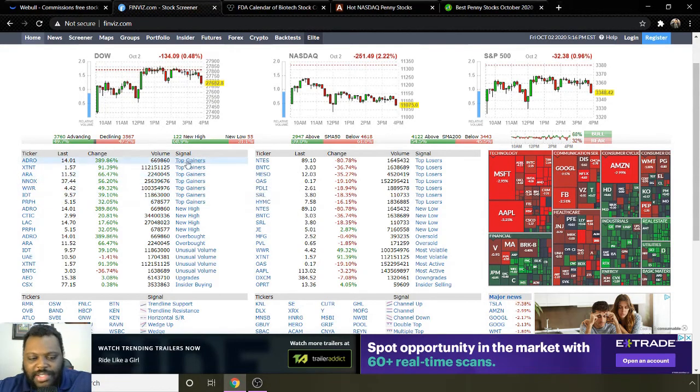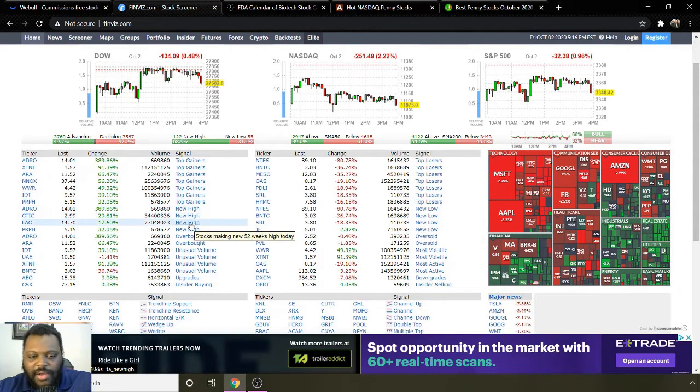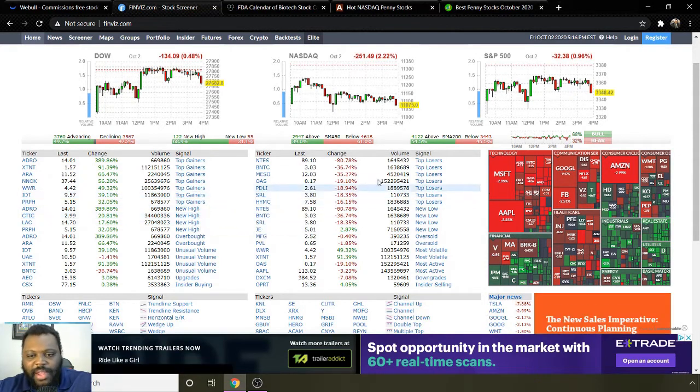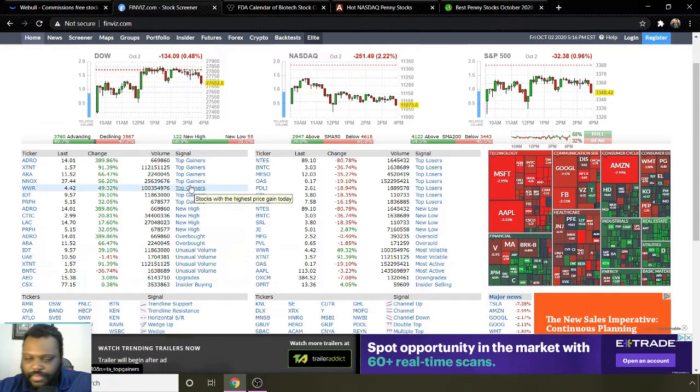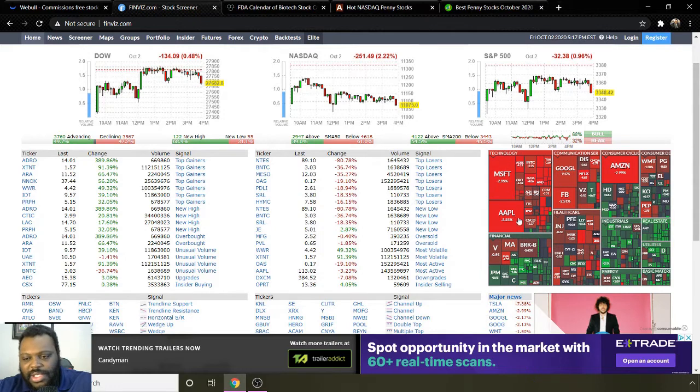If you click on top gainers, it'll show you the top gainers. Click on new highs, it'll show you the new highs. Then on here we have top losers, oversold, most volatile, most active, downgrades, insider selling, insider buying. So tons of information. If you're a visual learner, they have these sectors on here separated. If you're looking for a specific sector and you don't know what stocks are in that sector, or you're trying to see what sectors are doing the best this week, this is a very good tool to use as well. It's separated by technology, finance, healthcare, communication sector,